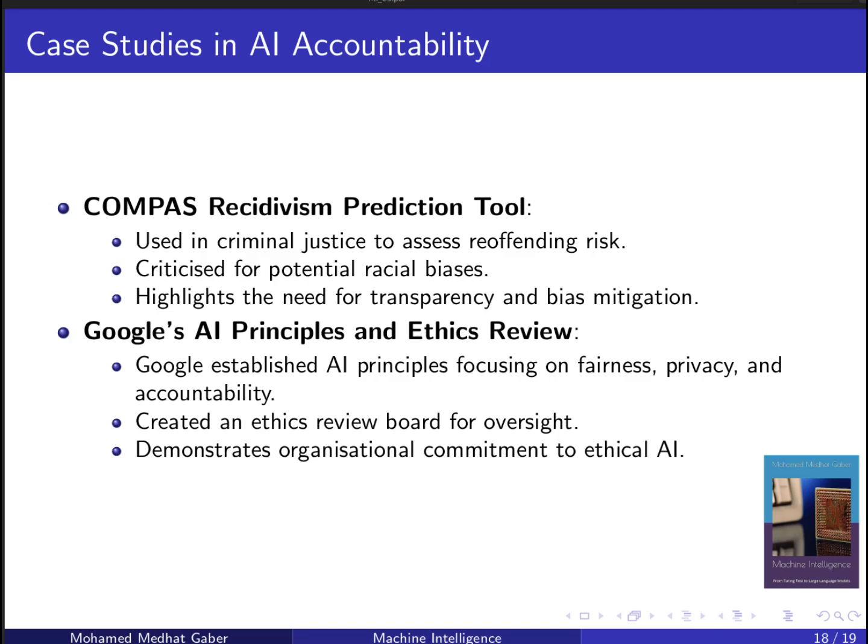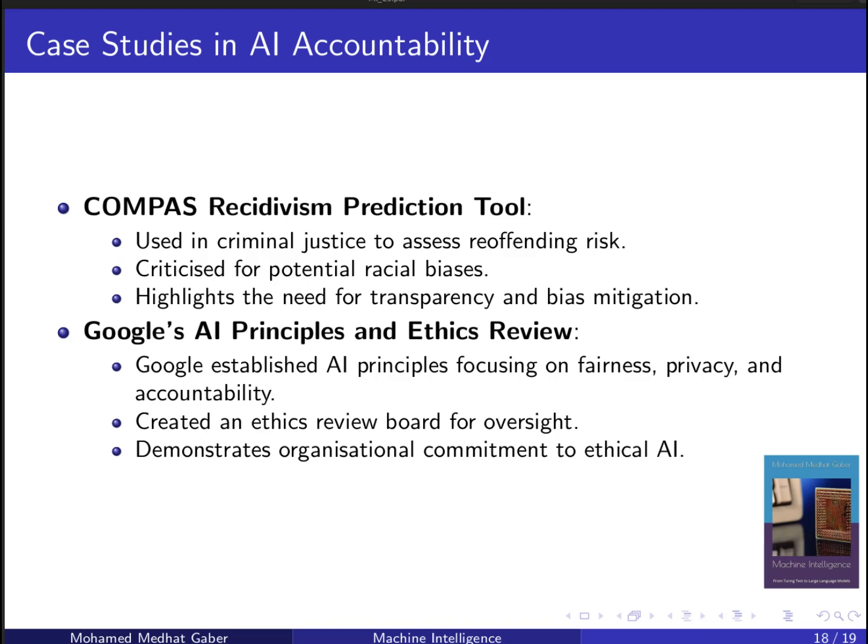One notable case is the Compass recidivism prediction tool, used within the criminal justice system to assess the likelihood of a defendant reoffending. While intended to aid in fair sentencing, the tool faced significant criticism due to alleged racial biases. Investigations found that the system disproportionately labeled minority defendants as high risk compared to their counterparts, even when controlling for prior offenses and other factors. This case underscores the consequences of deploying AI without adequate bias detection and the importance of transparency in revealing how